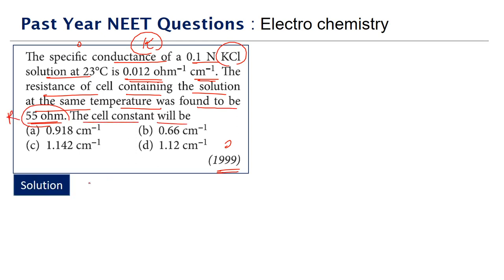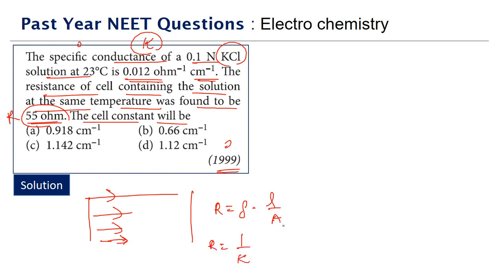This is a typical basic question on the electrolytic cell. If you look at the two electrode plates of an electrolytic cell, the movement of ions can be seen as the passage of charge, which is the current. So we can measure the resistance. R is equal to rho into L by A. Rho is the resistivity, which we can also write as 1 by kappa. This L by A is what you call the cell constant G, because in most textbooks they use the symbol G for this. G is the cell constant. So R is equal to 1 by kappa into G.